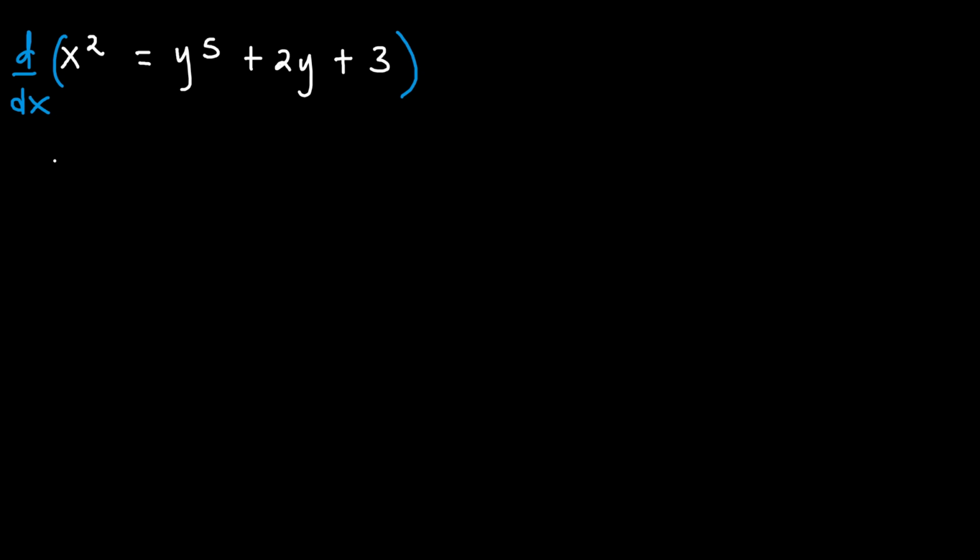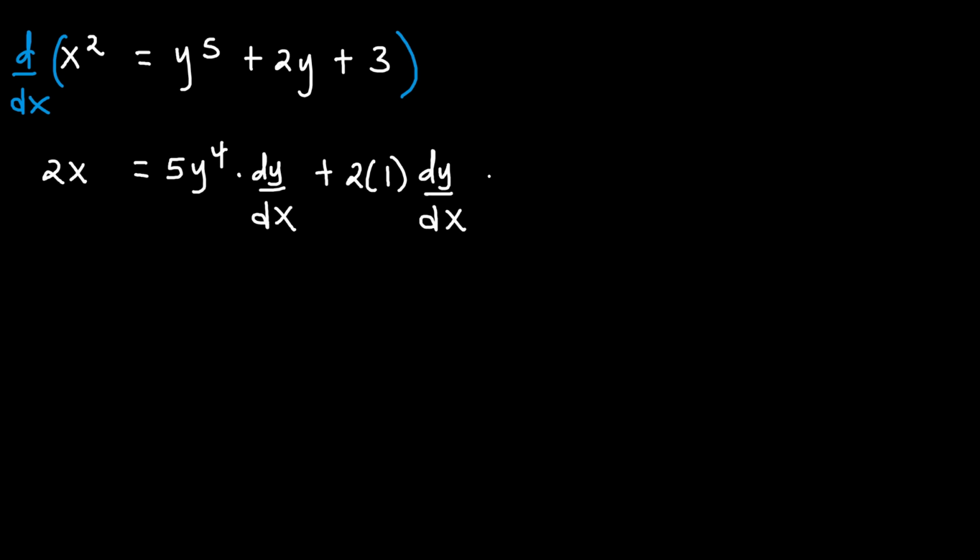On the left hand side, the derivative of x to the power of 2 will be 2x, and this will be equal to the derivative of y to the power of 5, which is 5y to the power of 4. And during implicit differentiation, whenever you differentiate a y variable, you have to multiply through by dy divided by dx, and then plus 2 times the derivative of y, which is 1. And again we shall multiply through by dy divided by dx, and then plus the derivative of 3, which is